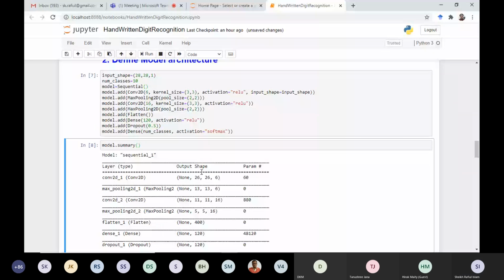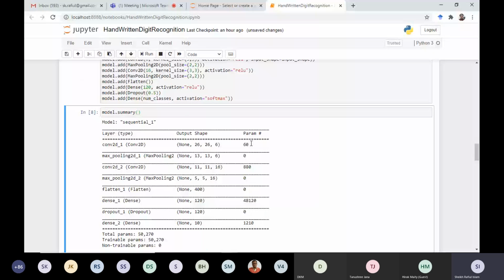That is also obtained there. 26 cross 26 cross 6 as there are 6 kernels. So already you know that at the output we will have activation maps with 6 kernels. And if you notice, there is another column that is parameters. These are the learnable parameters.